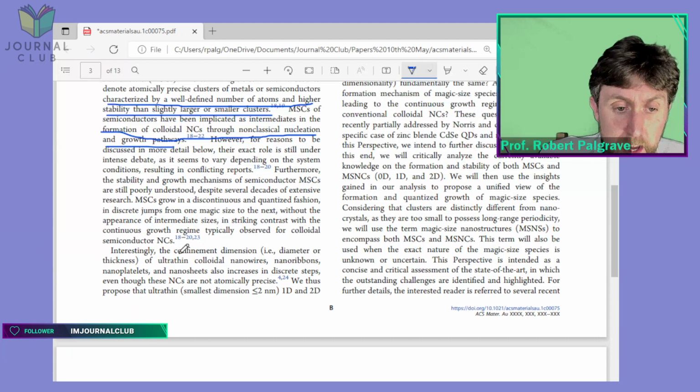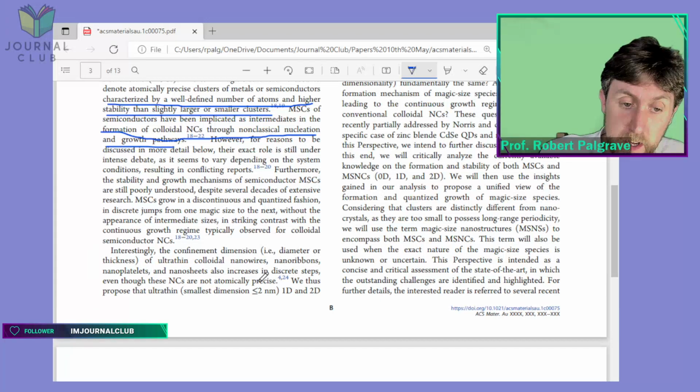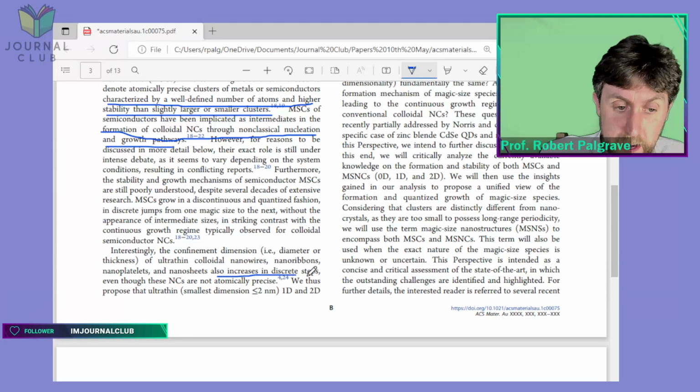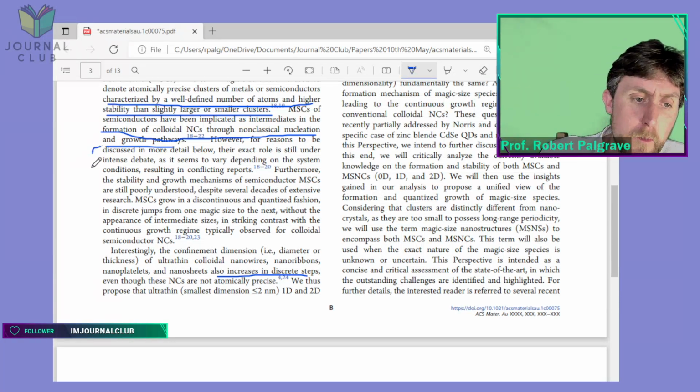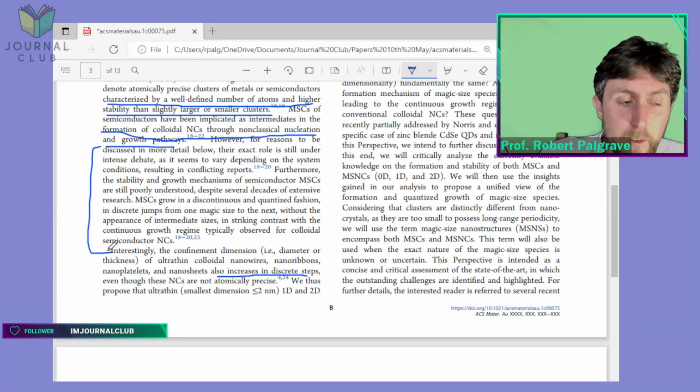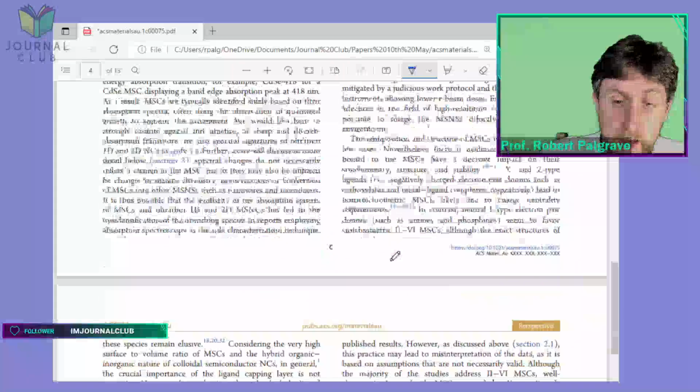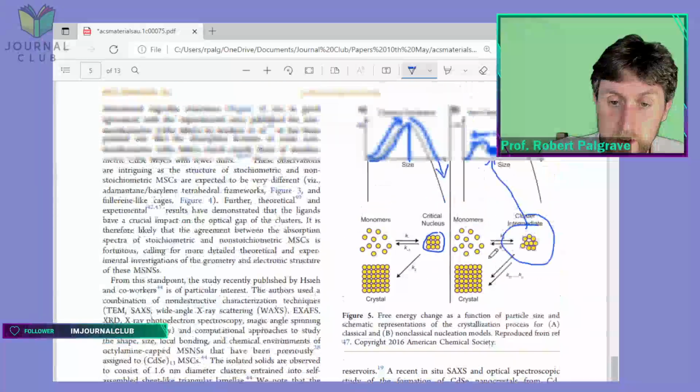So interestingly, the confinement dimension, i.e. diameter or thickness, of ultra-thin colloidal nanowires, nanoribbons, nanoplatelets and nanosheets also increases in discrete steps, even though these nanocrystals are not atomically precise. Okay, you know what? I feel bad going backwards, but I want to go backwards a little bit, just to finish a point where they said that these magic size clusters grow in a discontinuous and quantized fashion, in discrete jumps from one magic size to the next. So maybe we can extend this diagram down here. I think what they're saying is,